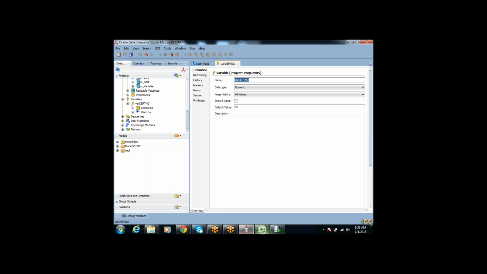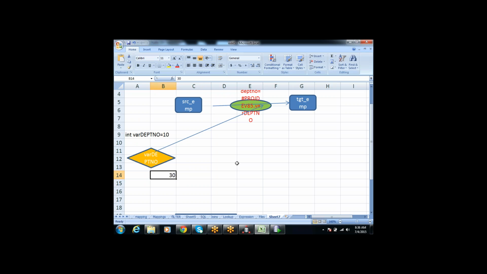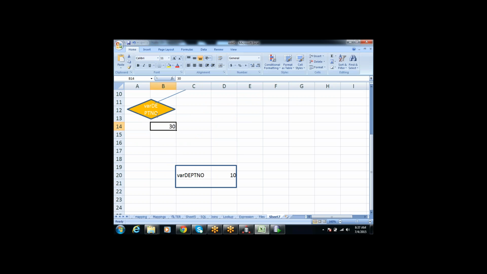But in some situations, you may have to change the variable values dynamically on a daily basis, regularly. In that case we have a problem, because every time we need to open the variable and change it: 30, now 40, 10, you have to keep changing. That is the reason